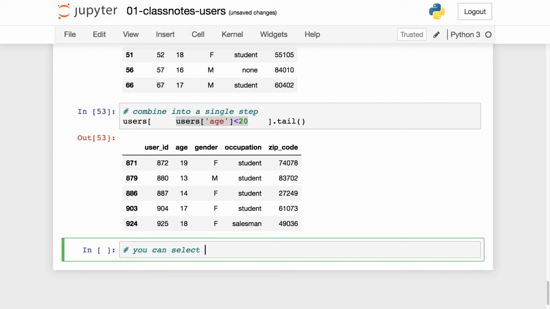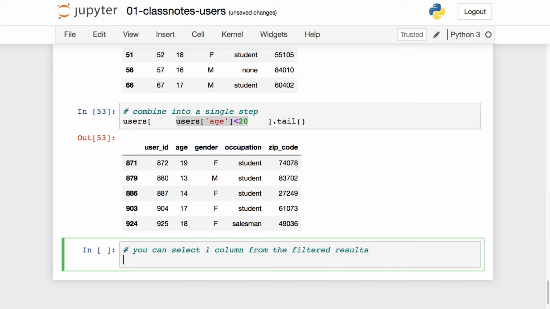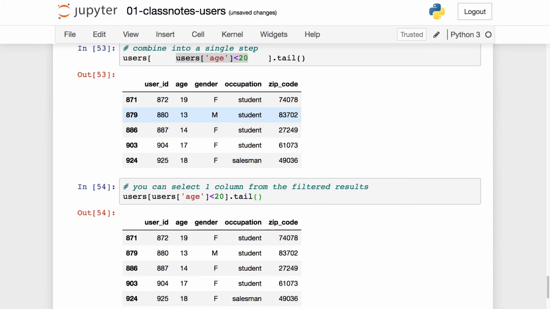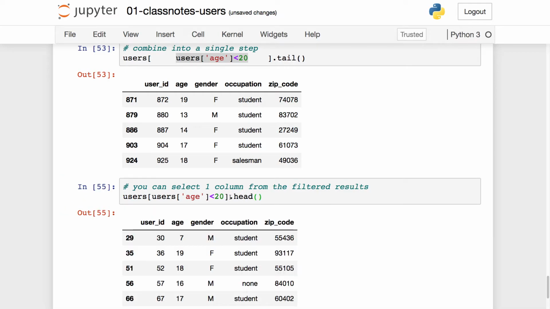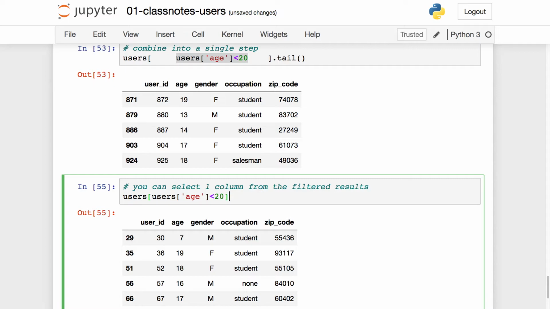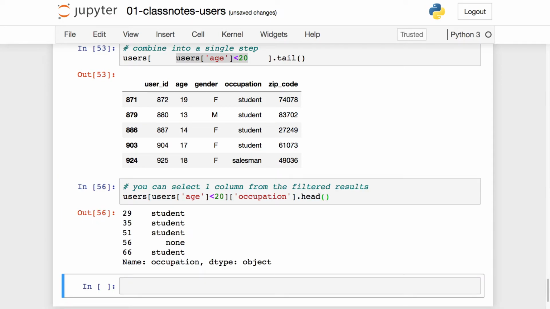You can select one column from the filtered results as follows. So just as I up here had users and I filtered it on users age less than 20, now I can call tail, or I can call head, or I can call a completely new column, occupation dot head, just as I would with an individual data frame. And this is similar to what we did earlier. df,